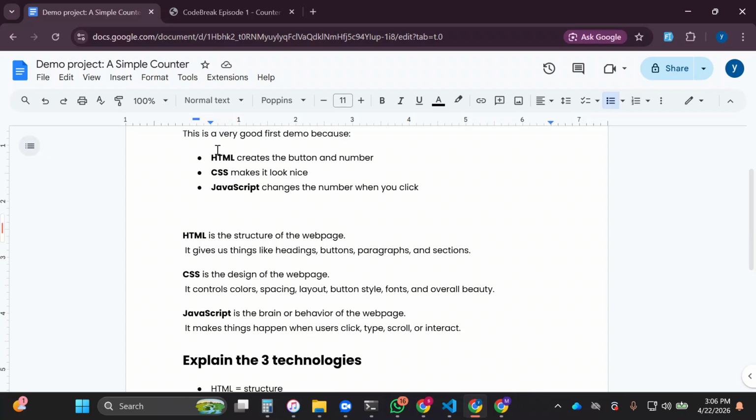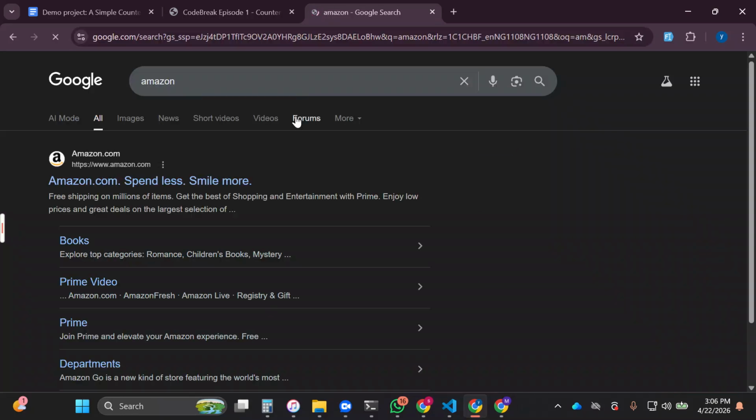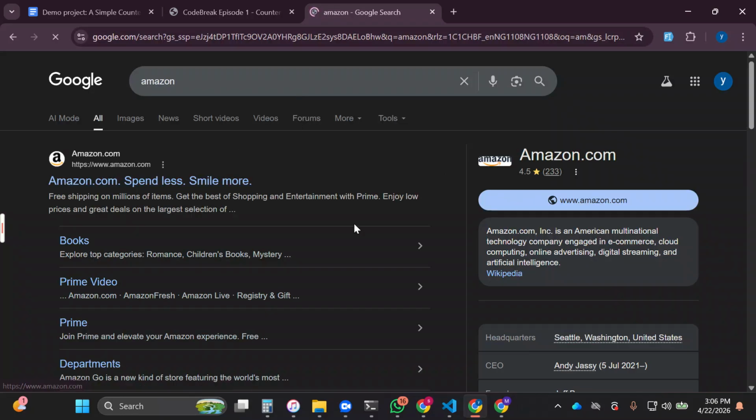All right, so we have something called HTML. What HTML does is it is the structure of the web page. It gives us things like headings, buttons, paragraphs, sections, and the rest like that. If you go to sites like Amazon, for example, or sites like Tesla, you can see even on Google itself, all these things here are text and sections. If I click on Amazon right here,